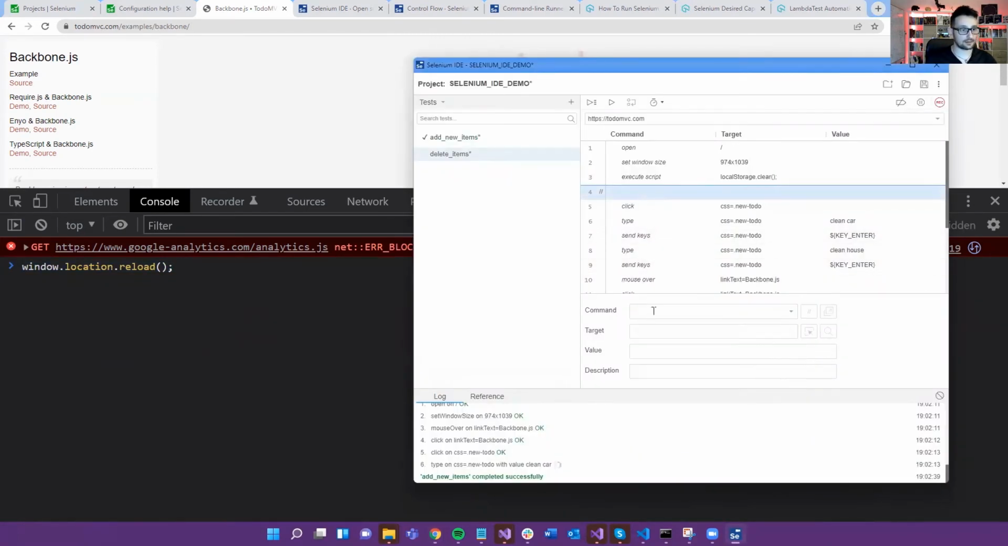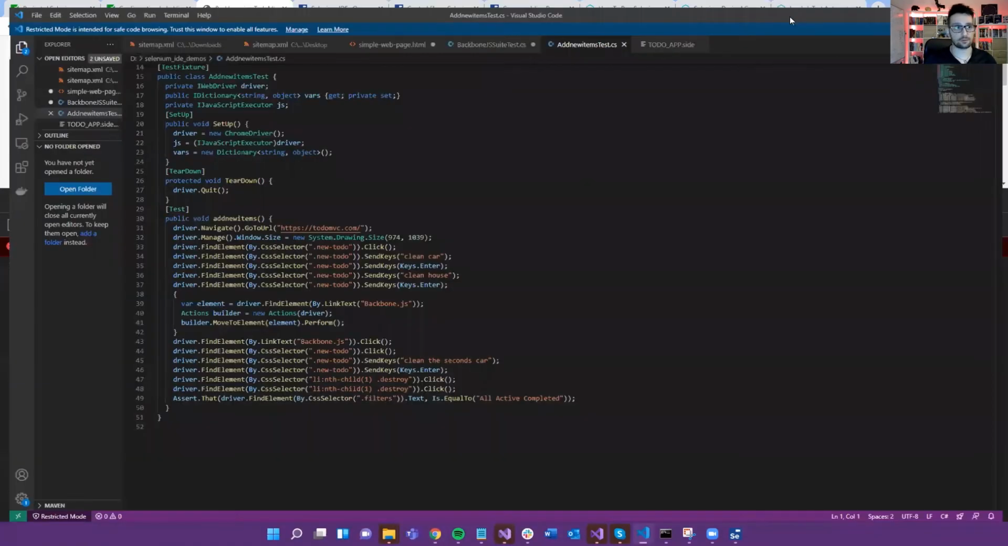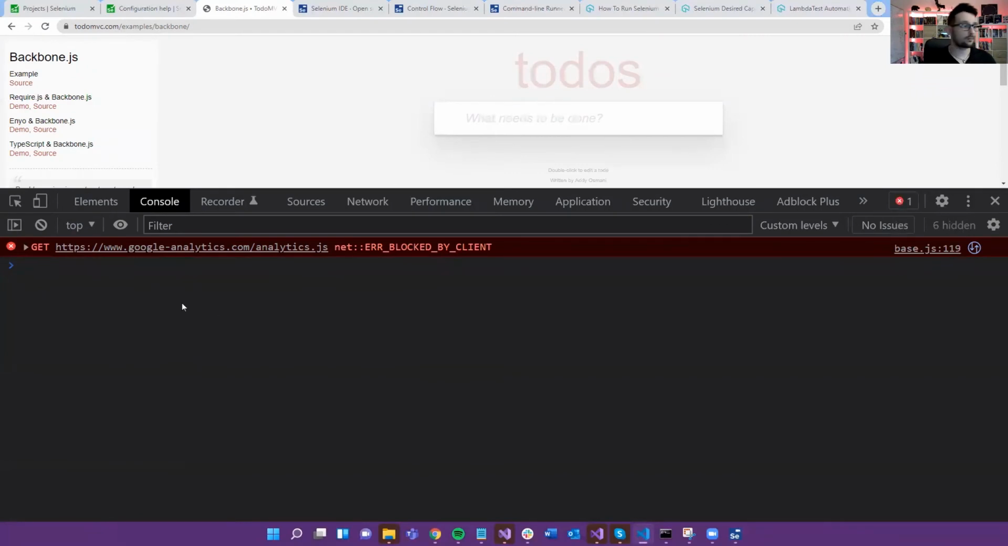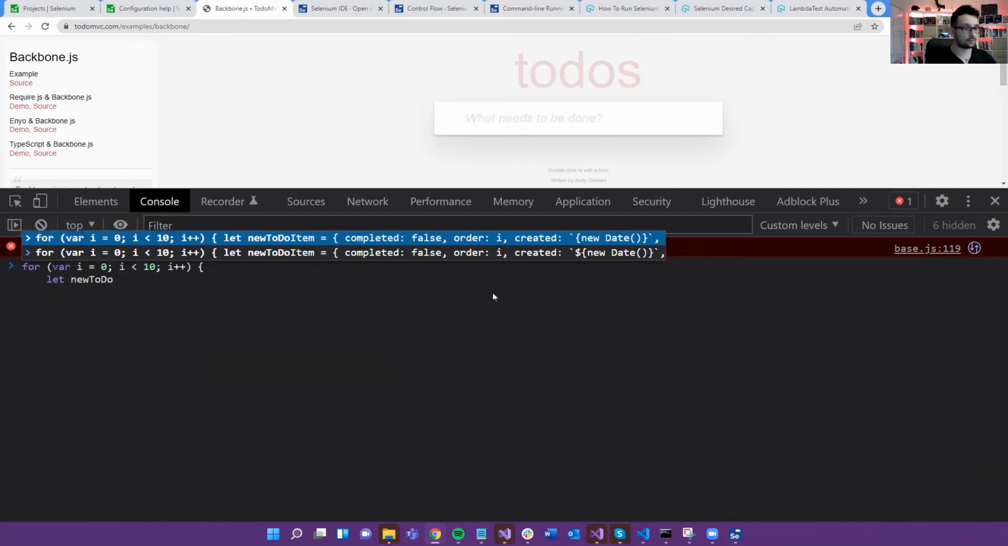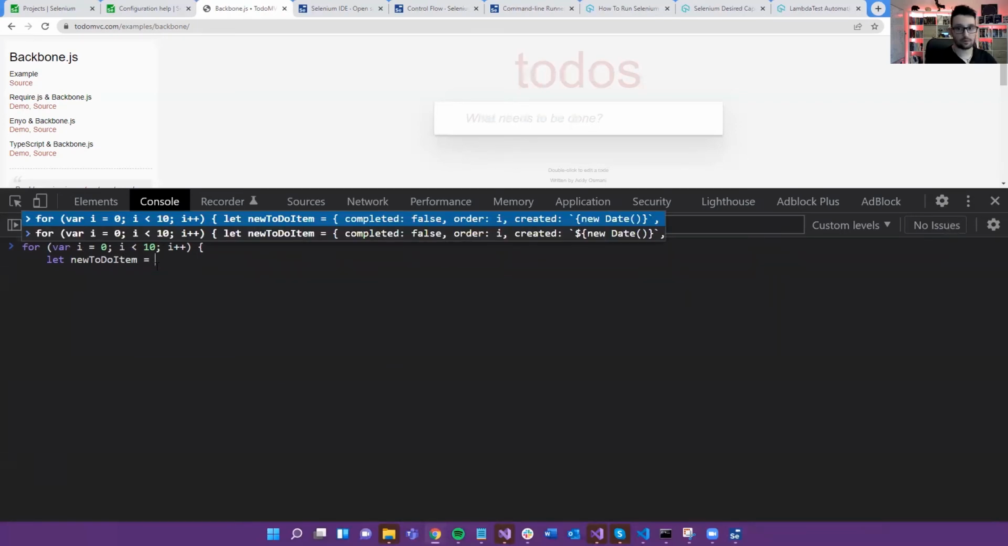So we can add, as I said, another execute script, and we'll reload. And now, in order to delete items, we want to be able to add new items. In order to do so, we are going to create such items via JavaScript, and we are going to add them to the local storage. So I'm going to create a for loop, and then I'm going to create a new JavaScript object. I'm going to name it to-do. Let me just clear this. New to-do item equal to,